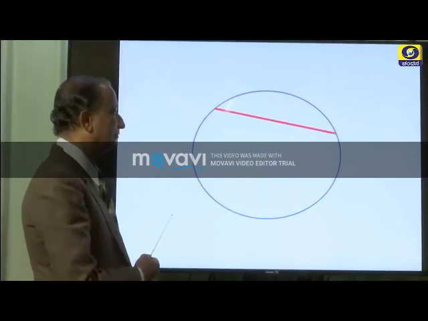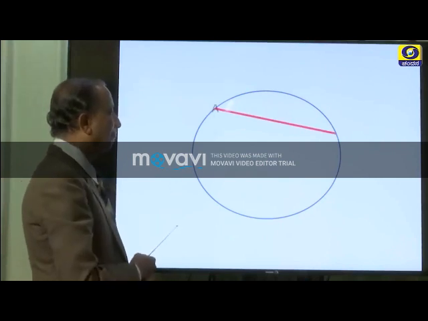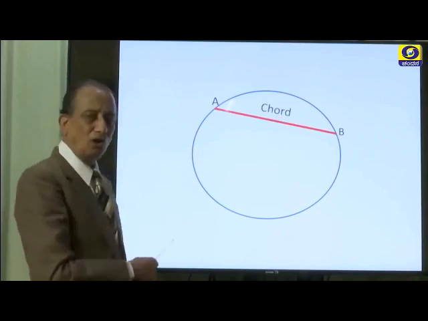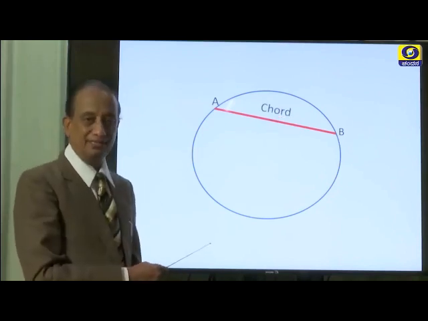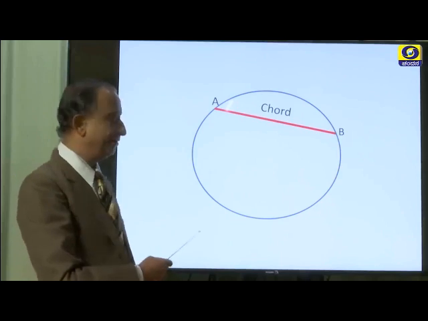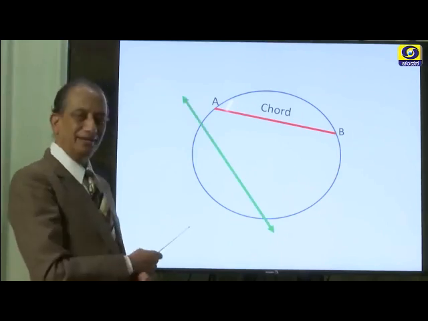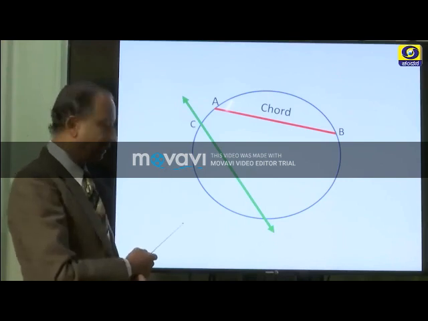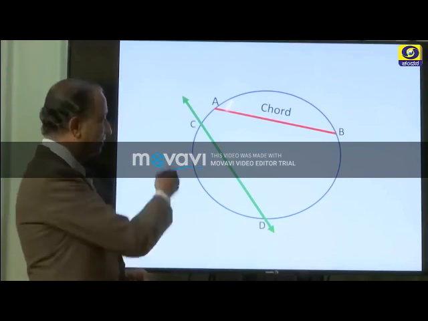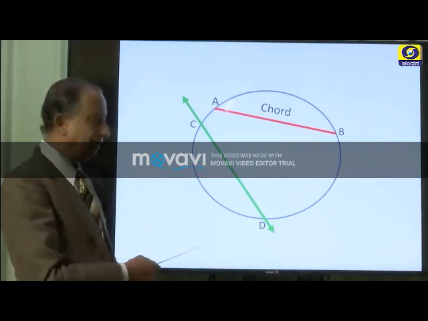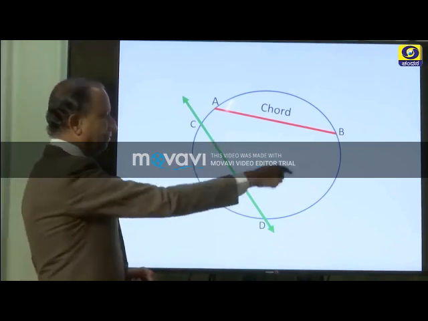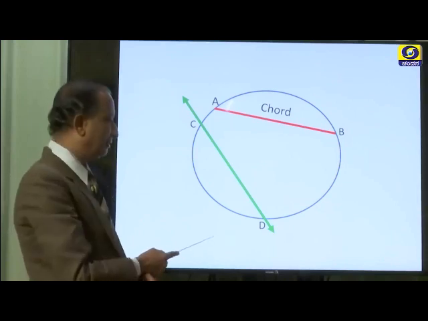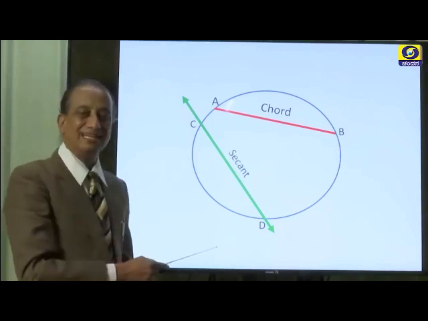Here is a circle, here is a line segment, you can call it AB. This is called a chord, C-H-O-R-D, chord. Here is another straight line, let us name this CD. It is a straight line which is cutting the circumference of the circle at 2 distinct points. It is called a secant,